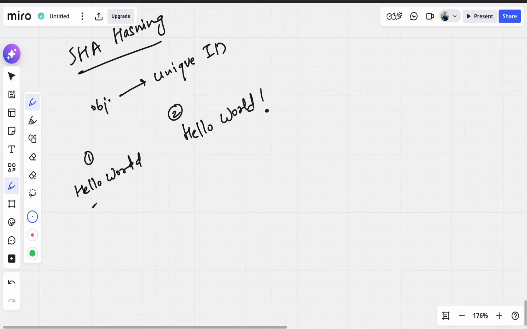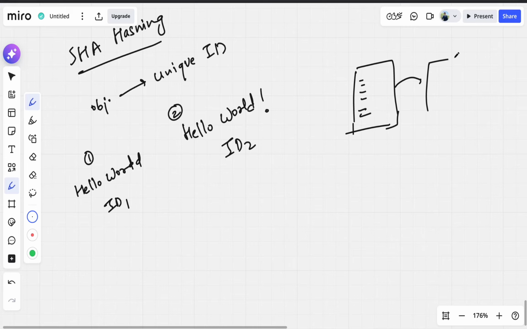These two files have different IDs. So let's erase this one. Different IDs, right? And it is being stored into Git differently, right? So Git uses this property to detect changes instantly. Whenever you are developing code, you have added some code, and next time if you have changed anything, then what will happen? Git will identify the content, right, because it is using SHA hashing to provide a unique ID to this particular